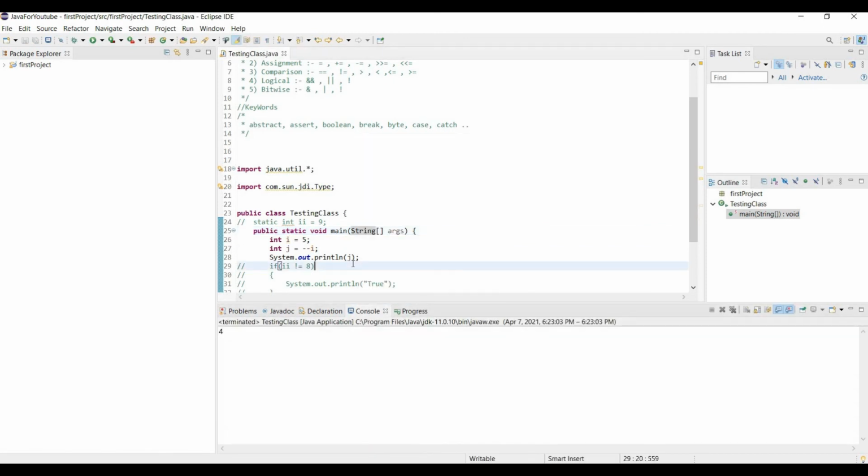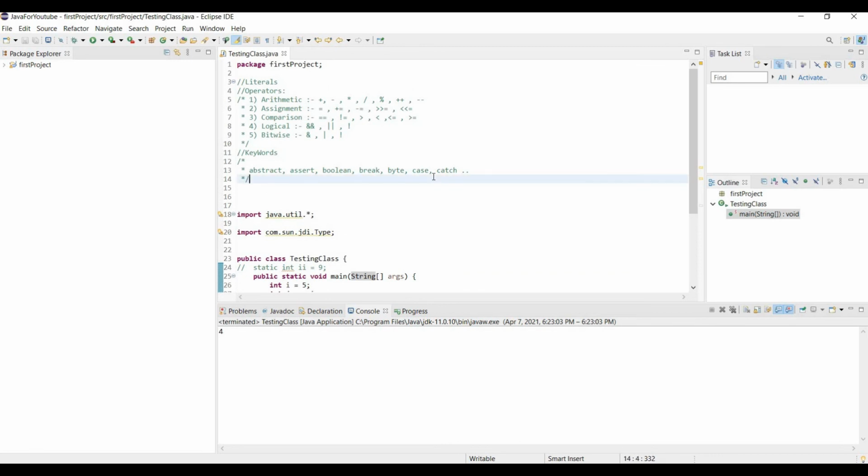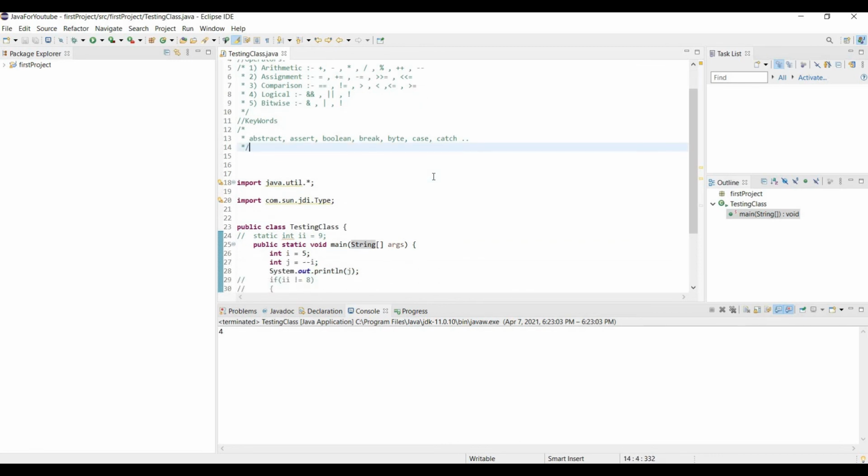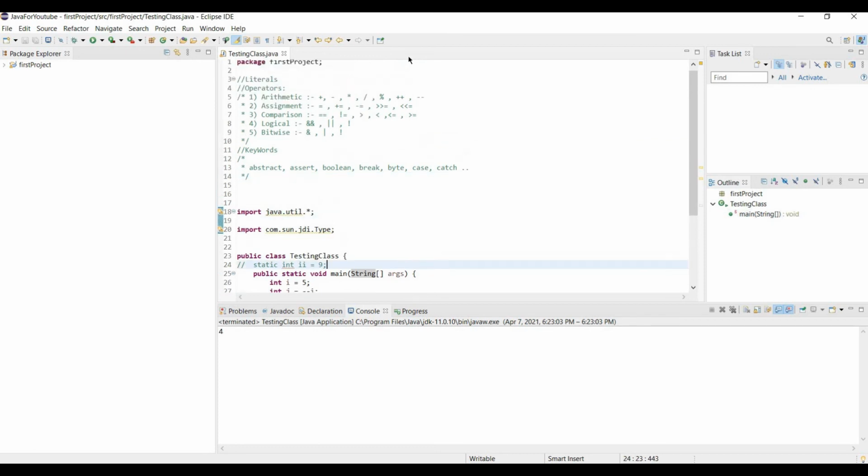So all right, so what we saw: comparison operator and arithmetic operator,